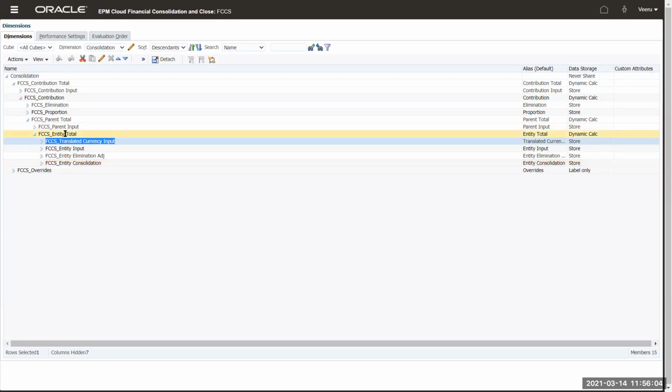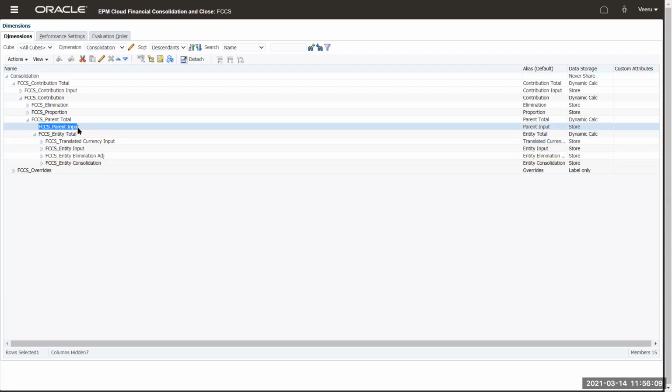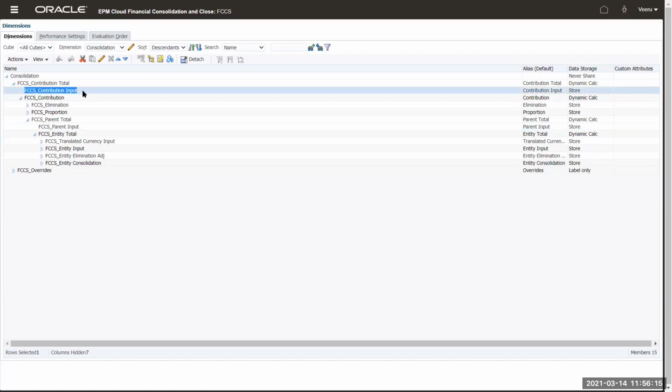If you enable that, only then you'll be able to see it. And if you enable parent input, only then you'll be able to see it. Contribution input, if you enable that, you'll be able to see that member. So certain members in this are linked to what features you have enabled based on our yesterday's class. You'll be able to see those settings.